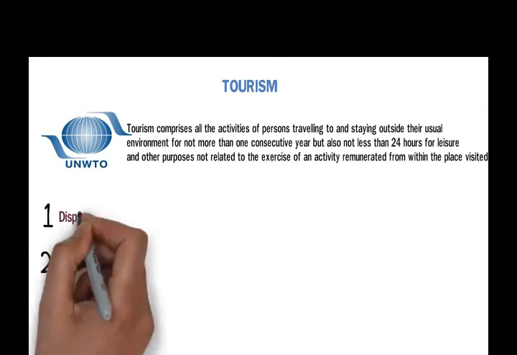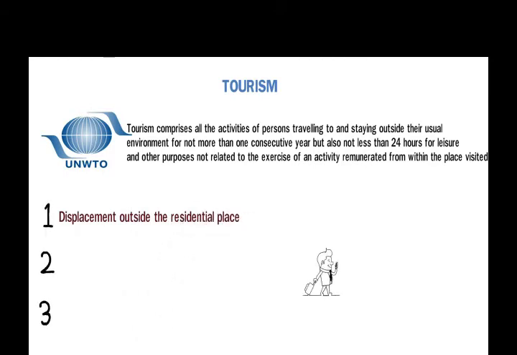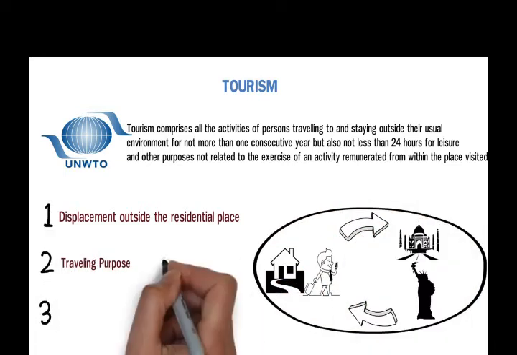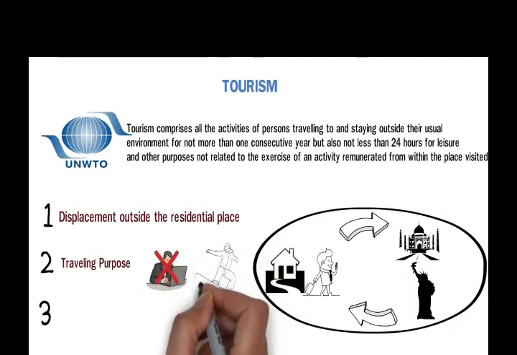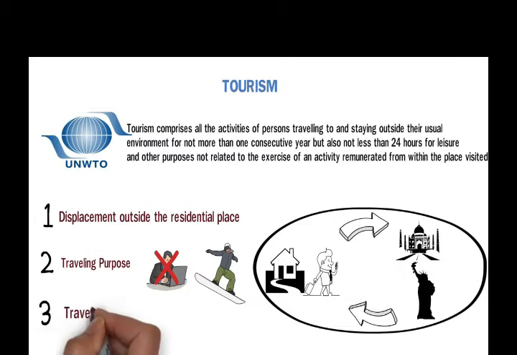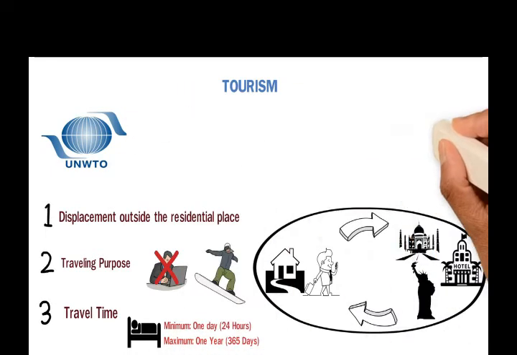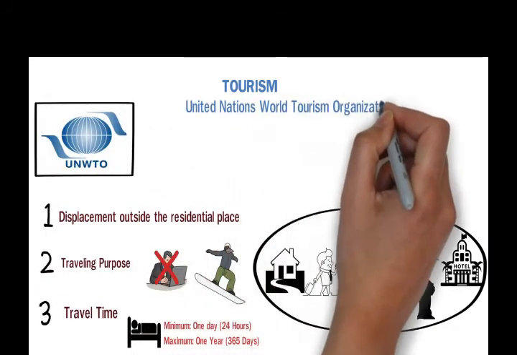We can conclude this definition into three parts. First one is displacement outside the residential place: the traveler moves out of his permanent residence to another place. Second, traveling purposes: the traveler mustn't include himself in any revenue-earning activity, or his purposes should be non-commercial and only for travel. Third one is travel time. A traveler should stay outside for at least one overnight, that's 24 hours, and he can stay up to 1